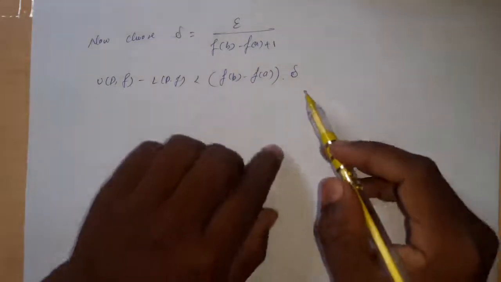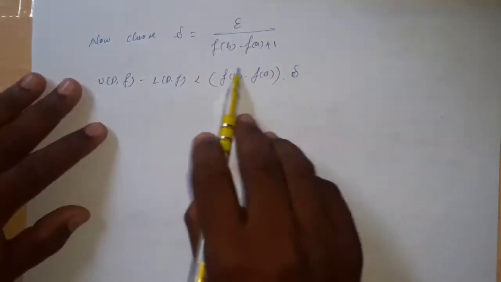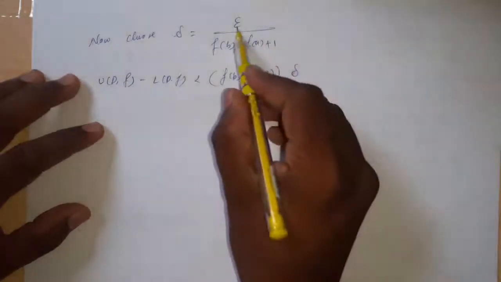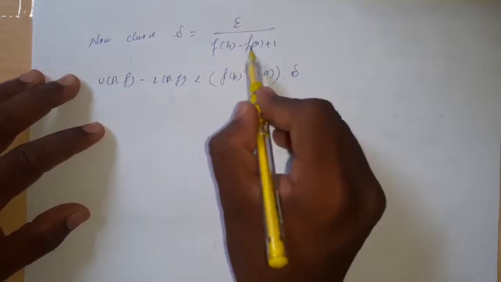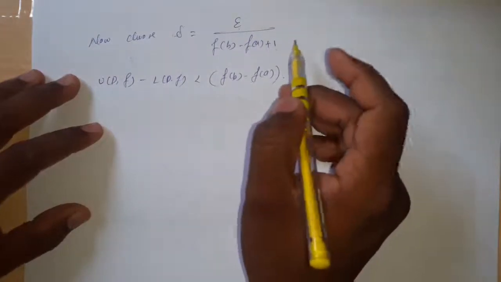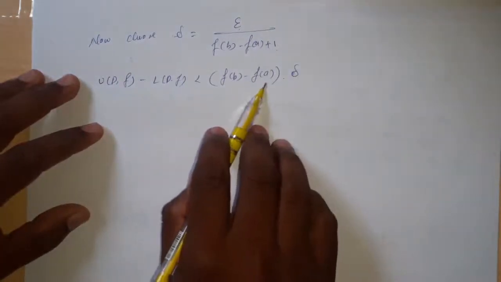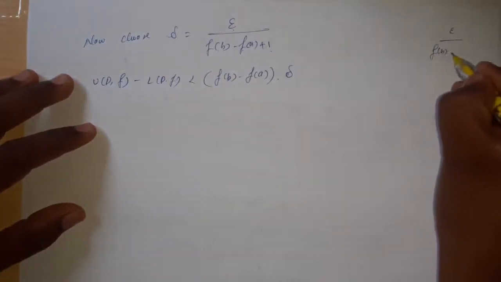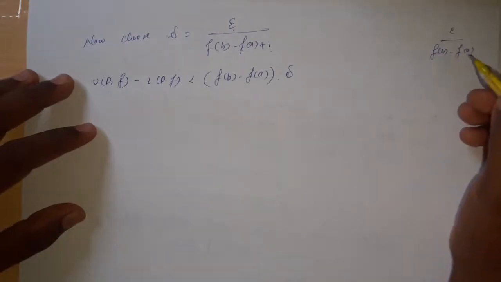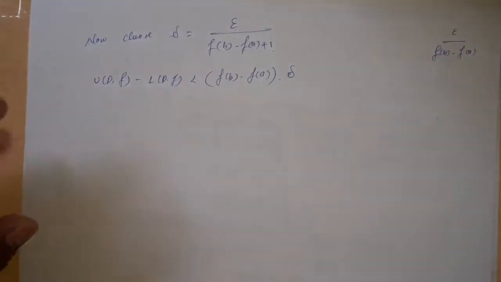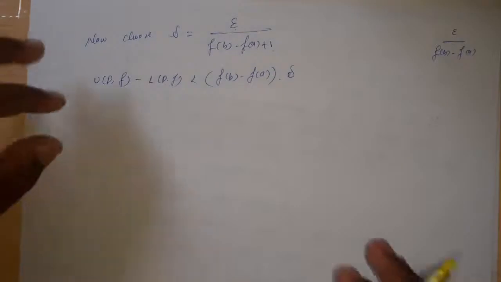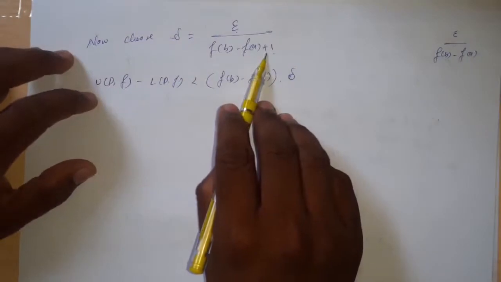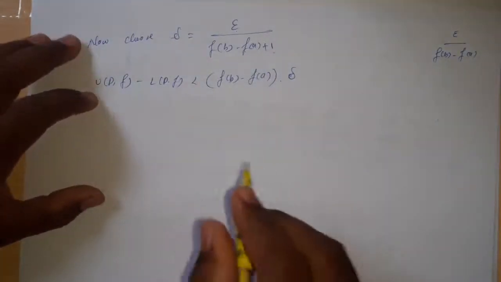So, therefore, this total must be less than epsilon. So, that is why we are considering epsilon divided by f of b minus f of a plus 1, because here it is f of b minus f of a. If we consider that epsilon divided by f of b minus f of a, then f of a and f of b will get cancelled, and that is equal to epsilon. That should be less than epsilon. So, that is why we are increasing the denominator by 1. So, therefore, here